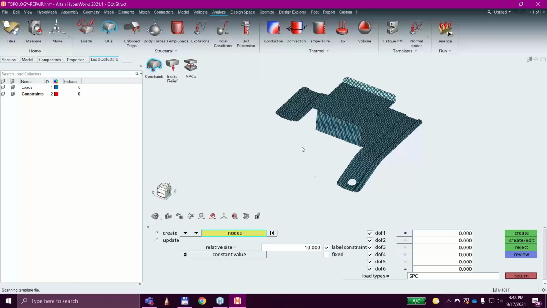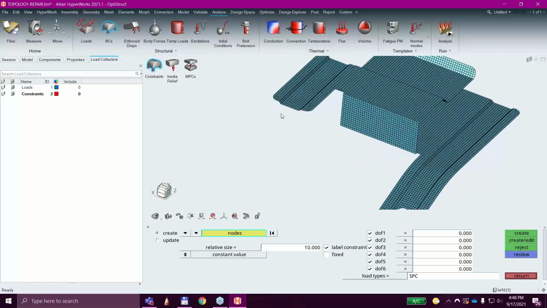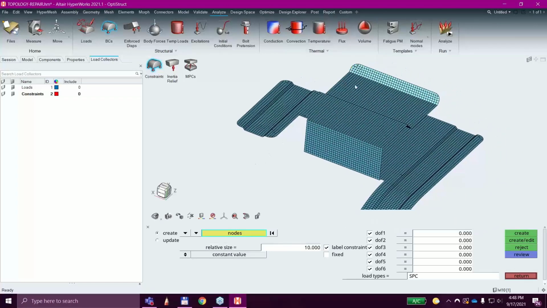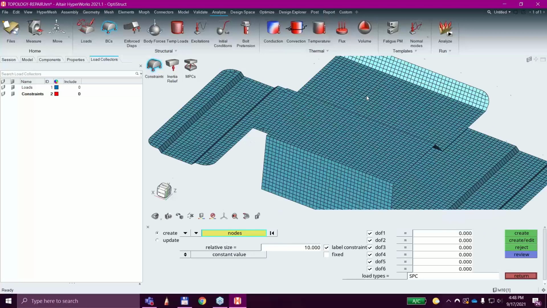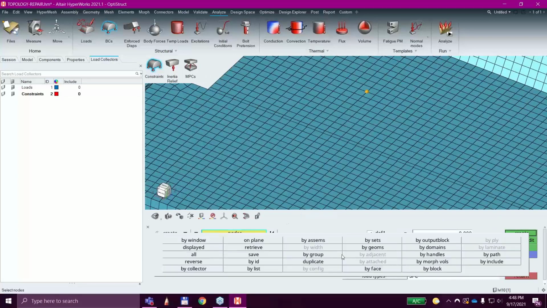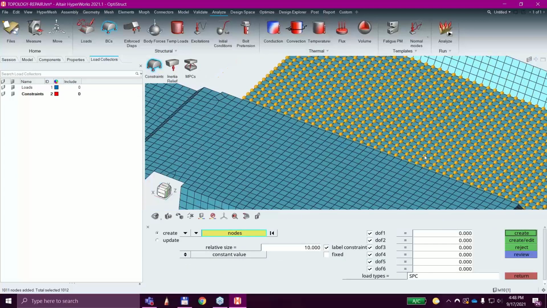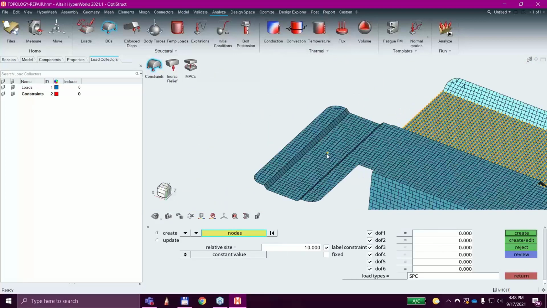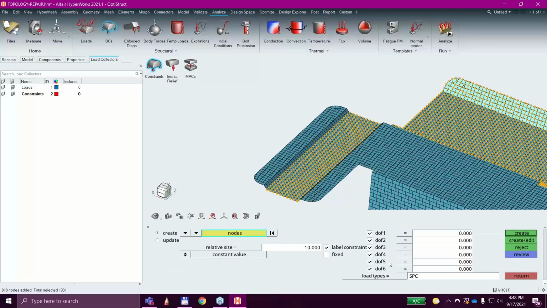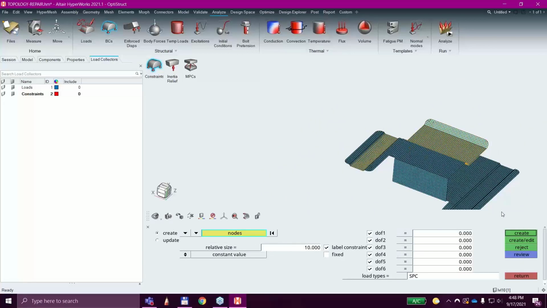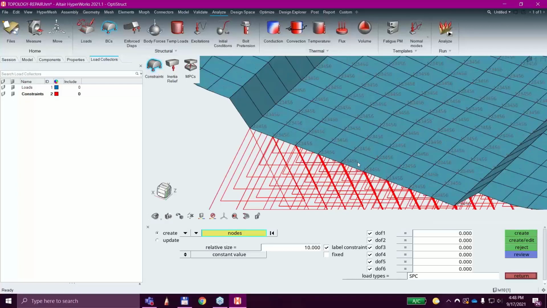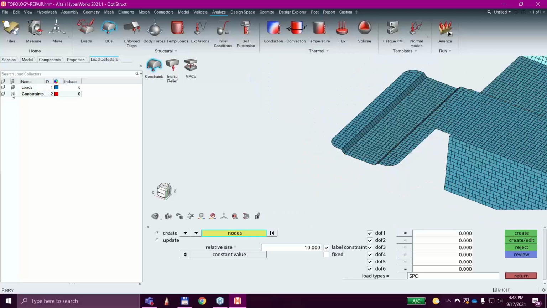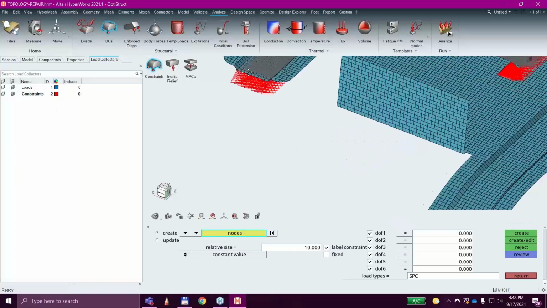So what it's doing is you're just asking for nodes. So I'm going to come to here, and I'm going to pick all of the nodes. What I'm going to do is pick a node on that surface, come here, and say by face. And so it's going to grab all the nodes that are on that face. And then I'll pick this node right here and say nodes on that face as well. So those are the nodes that I'm going to have as my constraints. I'm going to hold all the degrees of freedom. Click create, and now I get my little constraints there, and I can turn those on or off as I see fit,